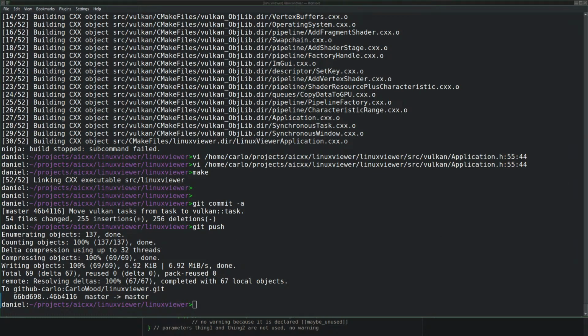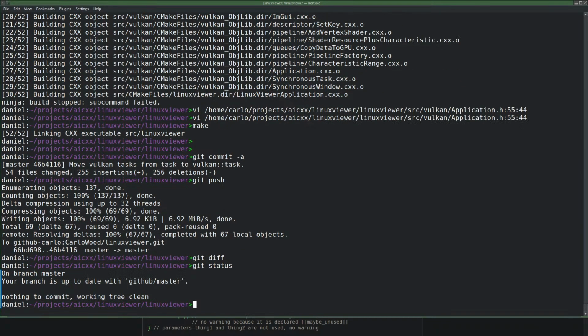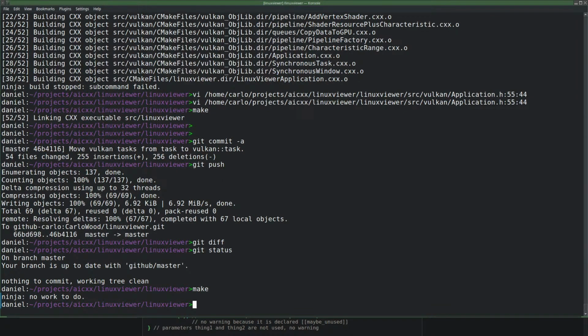Right, testing 1, 2. Mic is on. Git diff. That last thing was a push. There's no diff. It's clean. Compiled. I think that my next step was to